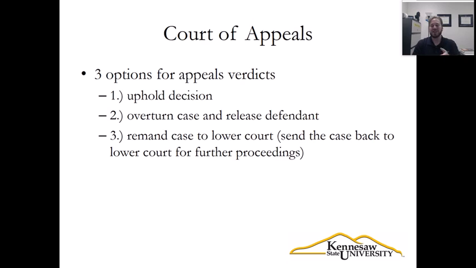This very rarely happens. What usually will happen, even if they do agree with you, so to speak, on the appeal, is they will reverse your conviction, but then remand the case back to the lower court to retry you in consistency with what they've said the court should have done. So if you win your appeal and maybe the Supreme Court says that whatever evidence was used to convict you should not have been admitted into evidence against you, then they will reverse your conviction and remand the case back to the lower court to retry you if they so choose.